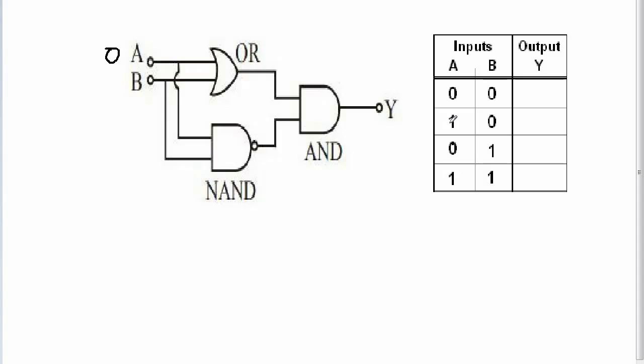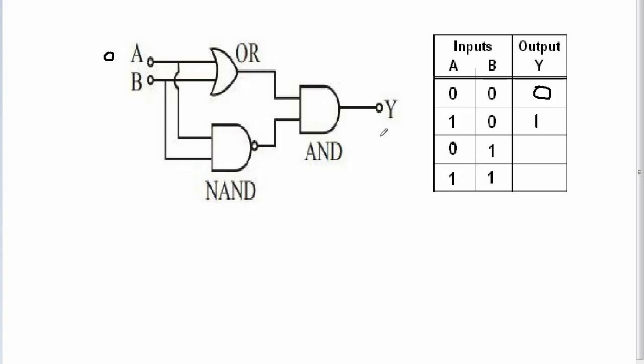Now next, this is 1 and this is 0. For the second combination, for the OR gate, even if a single input is 1, the output becomes 1. And for the NAND gate, even if a single input is 0, the output becomes 1. And here both the inputs are 1. For the AND gate, the output becomes 1. So in the second case, the output is 1. The same is for 0 1 also. You can check it for 0 1 also. You will get the same thing as previously. This is 1, this is 1. So the output is 1. So in the third case also we get output as 1.